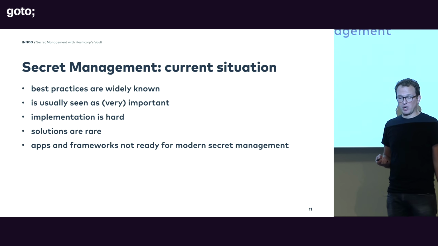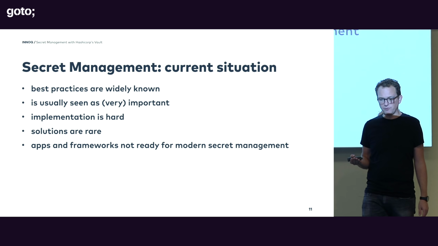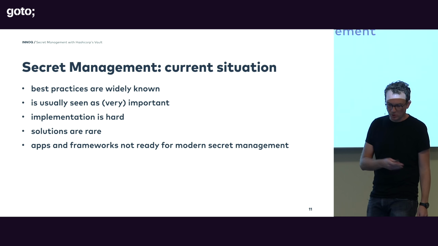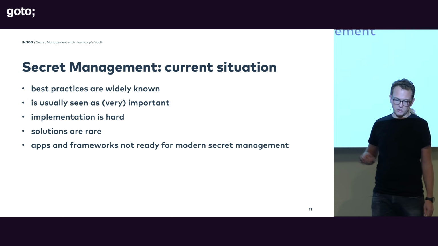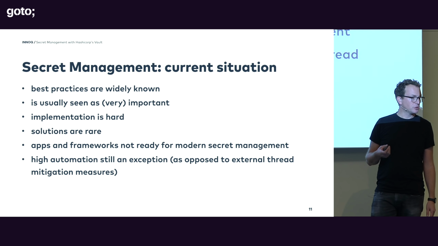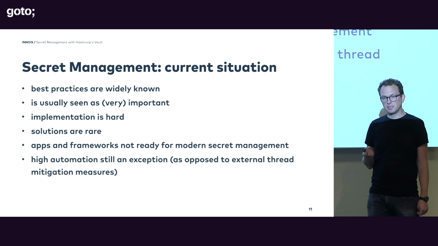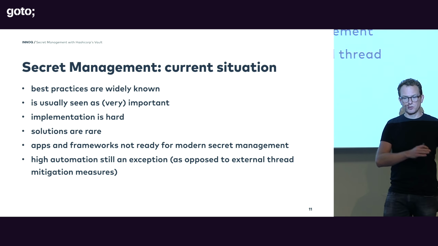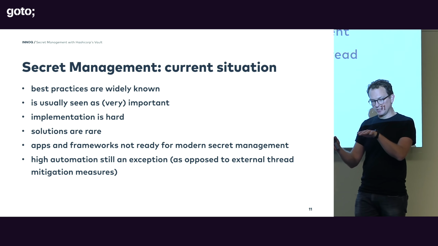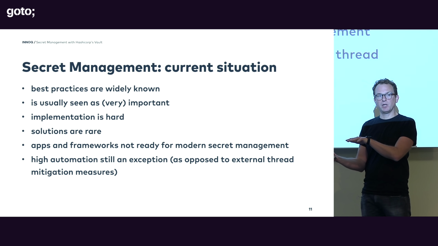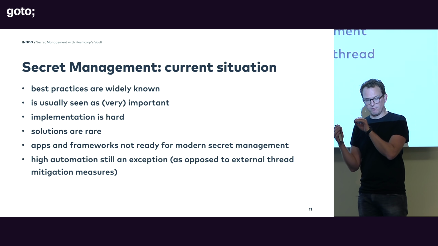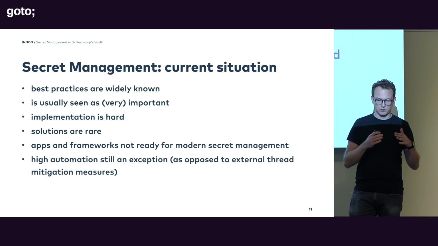Furthermore, apps and frameworks are mostly not ready for modern secret management. What I mean with that is what the talk is about. High automation is actually still an exception if you talk about smaller to medium-sized companies. Bigger companies usually have secret management in place, but it's usually very complex workflows which slow down the